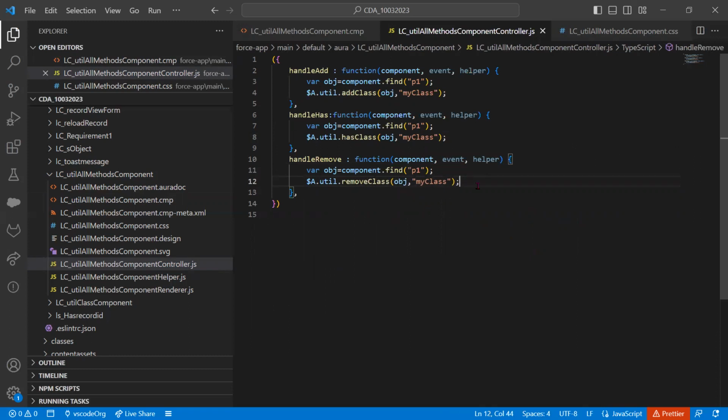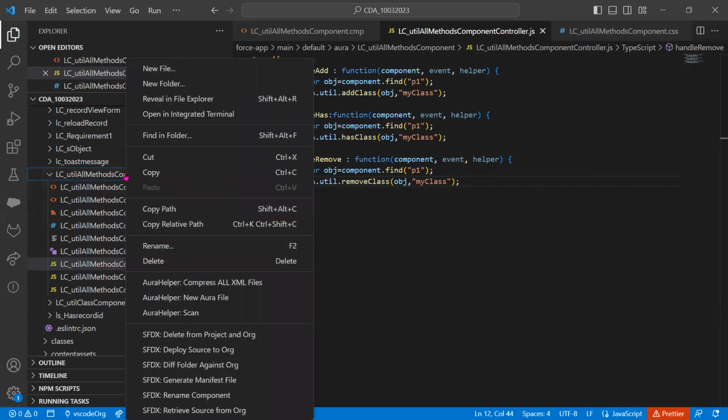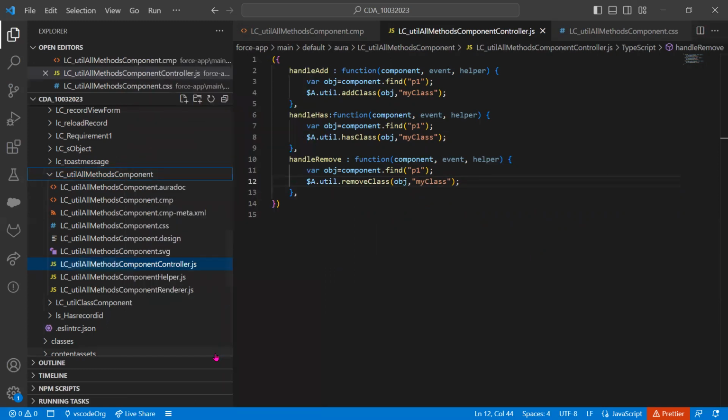Remove. Perfect. So let's go ahead and deploy this. Right click on this component,